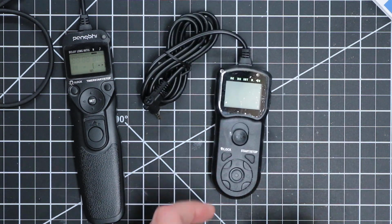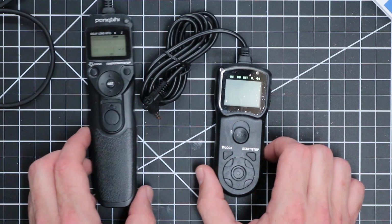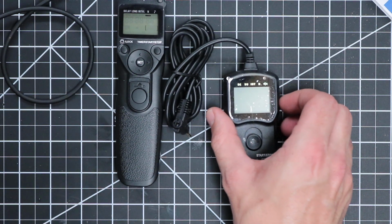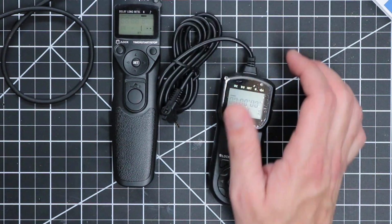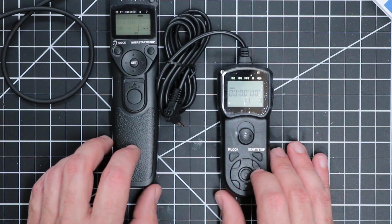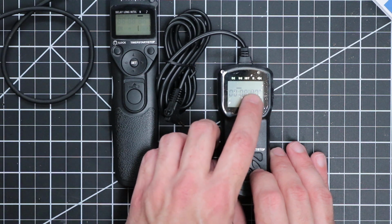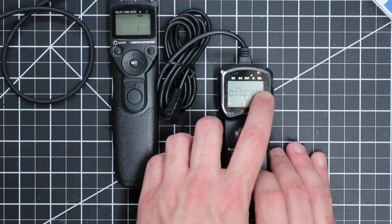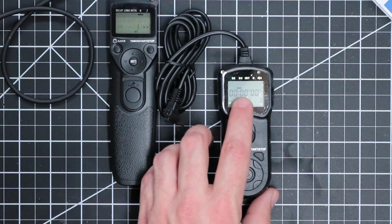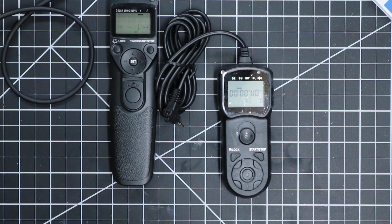So you can turn it off when it's not in use, put it in your camera case, put it away. So you can see the size difference. This one is notably smaller. The interface is identical to this one in that you can adjust your interval, number of photos, your sound if you want it to beep every time it takes a picture, and then your delay and how long between each